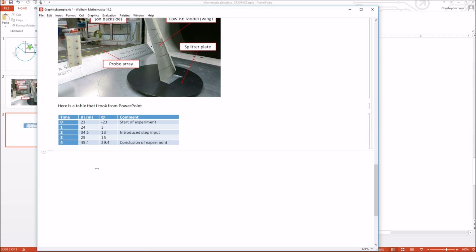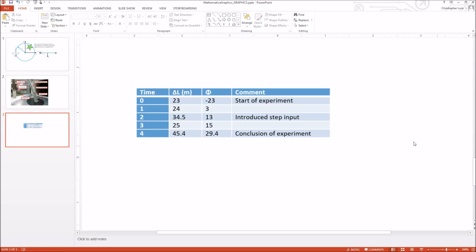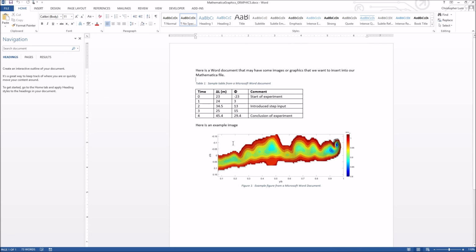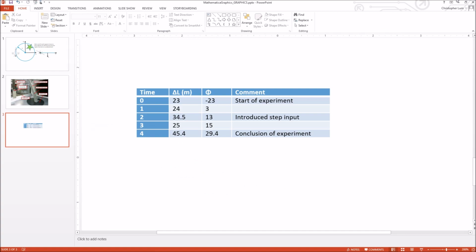Now, here's what's even cooler. This doesn't have to just be PowerPoint. Let's say you have a paper or something like that that you've made in Microsoft Word. Here's a very simple example Word document that's got a table, it's got a figure and something like that. Let's say I really like this figure, but instead of having it in Word, I want it in Mathematica. So again, just come here to the picture that you're interested in, copy it from the Word document,